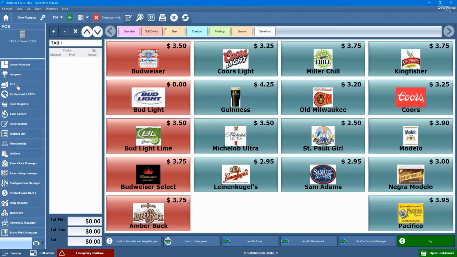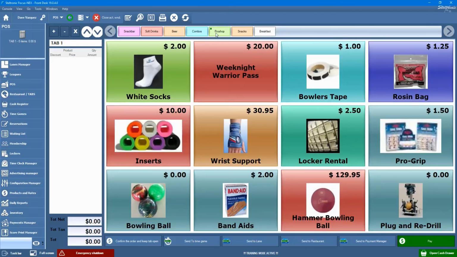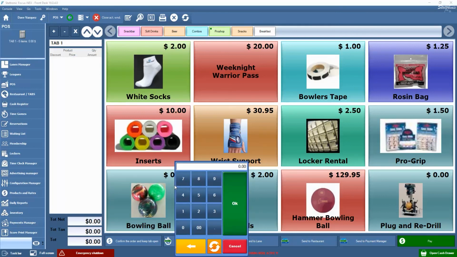If we go back to the point of sale screen, we have some other capabilities that you can do as far as having a button. For example, if I'm selling bowling balls, I don't want to have all the bowling balls that I can order in the system. I can create a button that has a variable price. So now I can enter in the price of this bowling ball